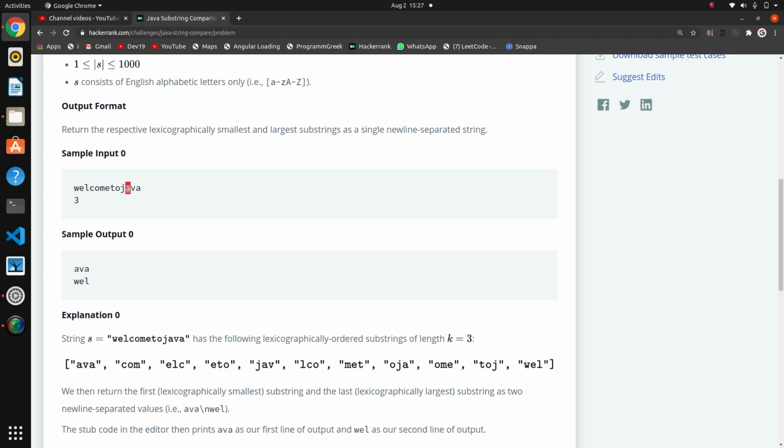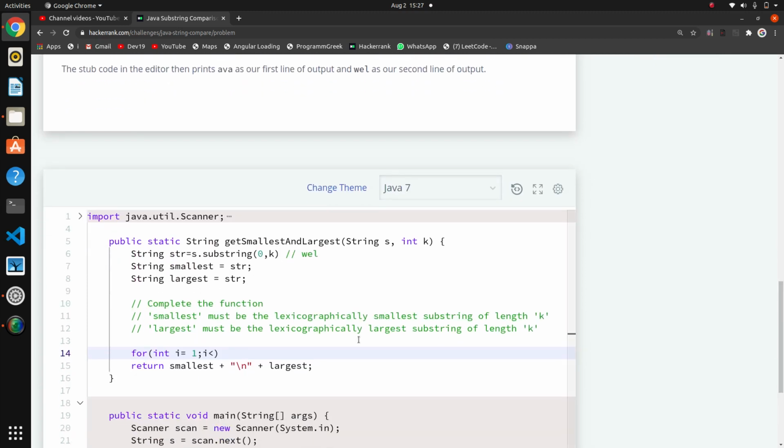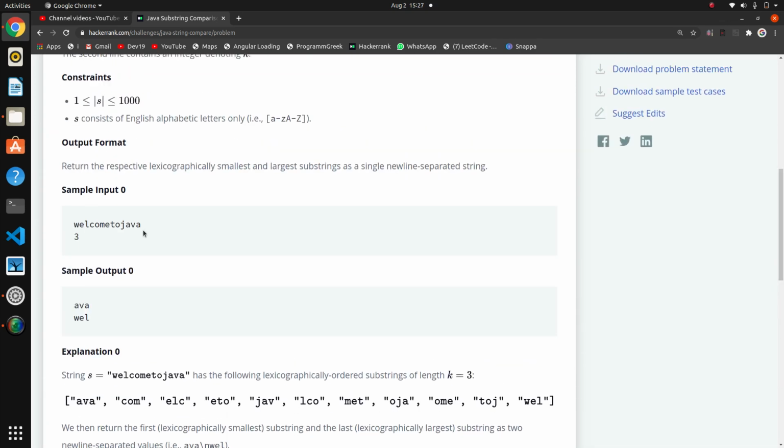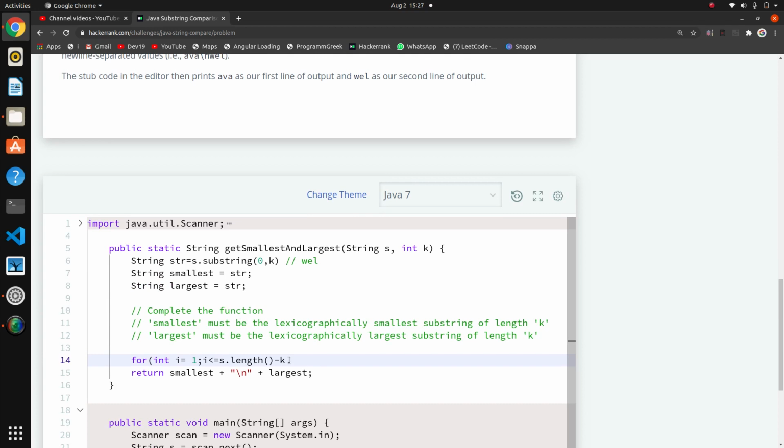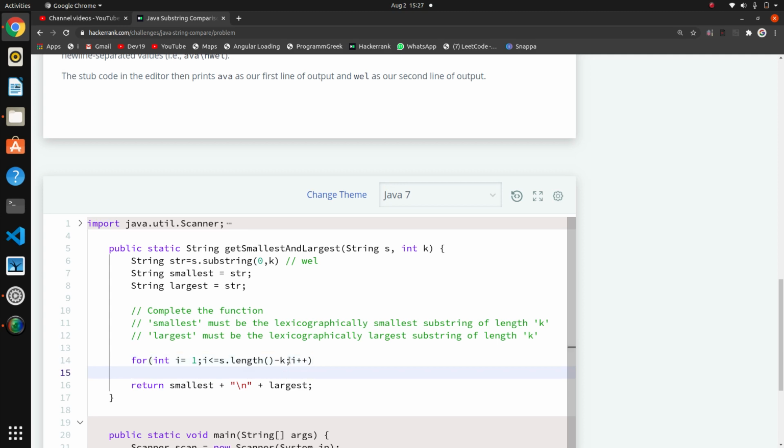So I write the condition i is less than or equal to s dot length minus k. If k is 3, then it is the total length minus 3, and it will iterate till here. Now we write i plus plus.